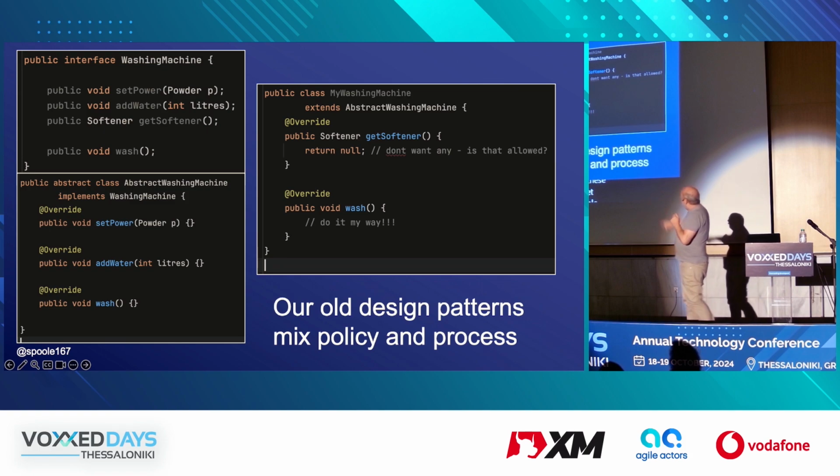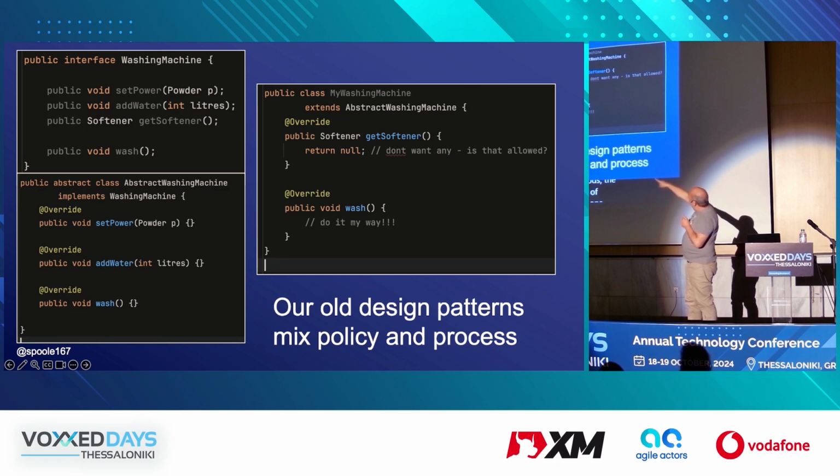If you look at the way we used to do it, you'd have an interface on the top left and an abstract class, and then you'd ask your customer to create a concrete version of that. That would be a classic pattern. And you can see the first one's got some methods, the second one implements some of them, though actually the last one, the bottom one should say, no, the bottom one's right.